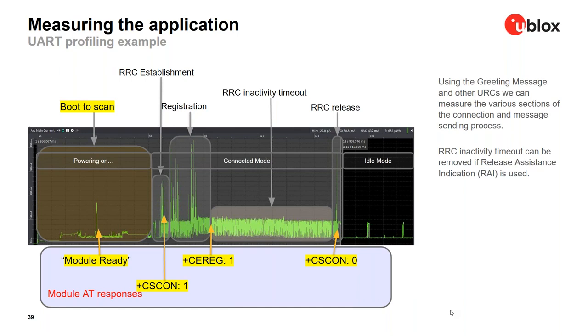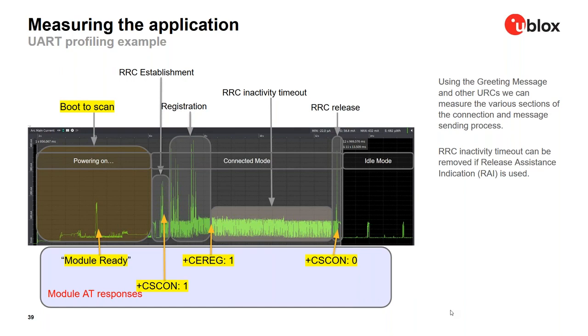Here you can see a screenshot of the power analyzer, and you can see the first phase, which is powering on or booting from cold or PSM power save mode.